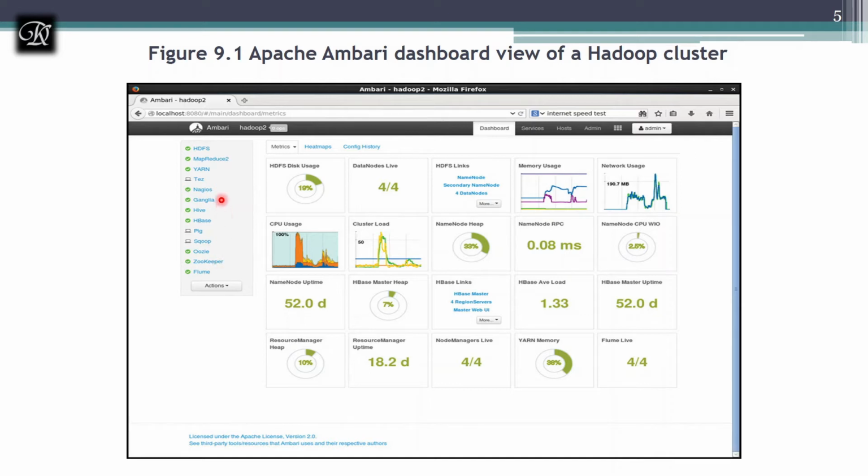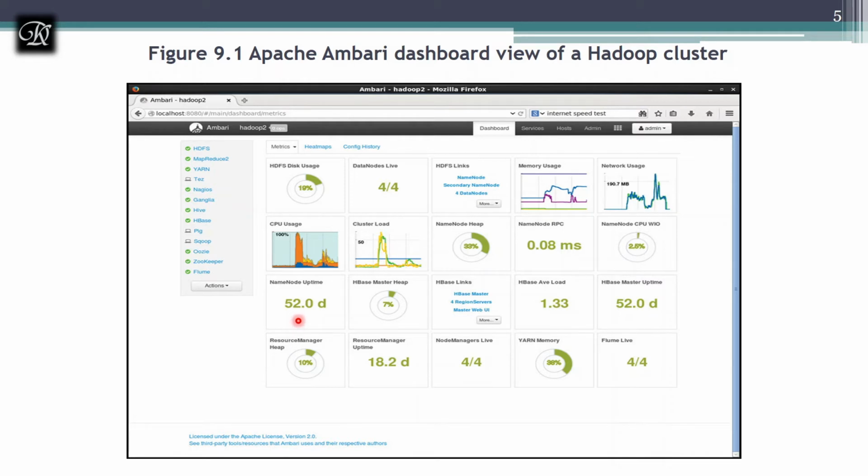These are all the dashboard icons: HDFS disk usage, how much we have utilized, how many data nodes are live, HDFS links, memory usage, network usage, CPU usage, cluster load, what is the load on the cluster, and NameNode heap, you know what is the use of heap memory, and NameNode RPC, remote procedure call, NameNode CPU utilization, NameNode uptime.